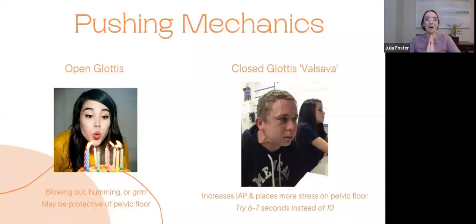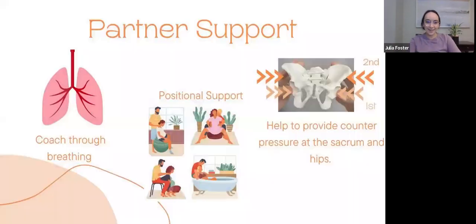And so just make sure you're listening to your body, no matter what you decide. And then practicing that open glottis pushing, literally as an exercise heading into labor, can be good as an alternative, which may be protective of the pelvic floor. All right,